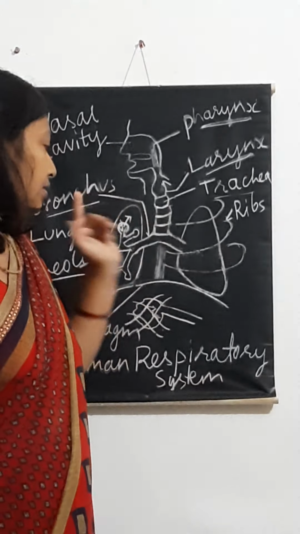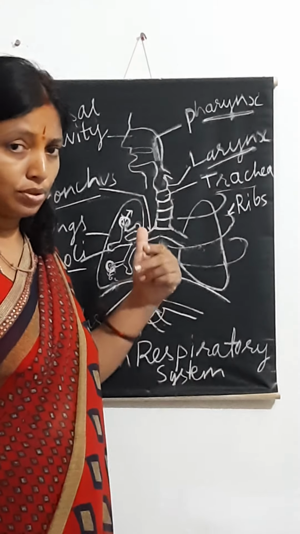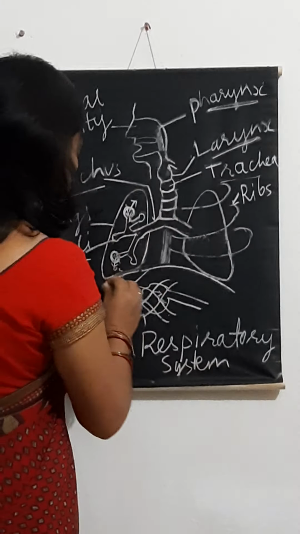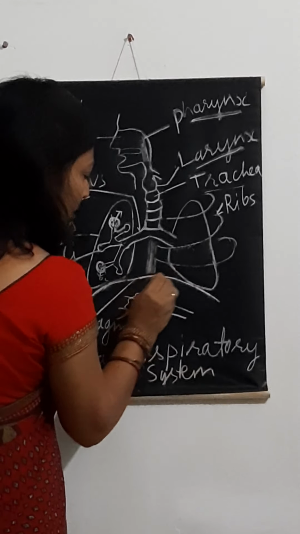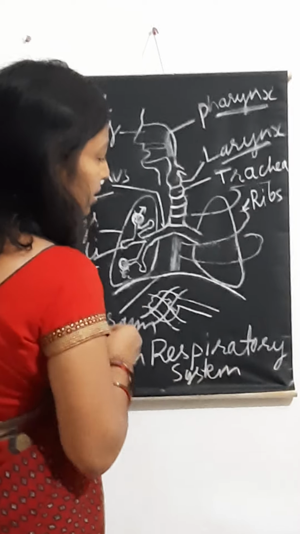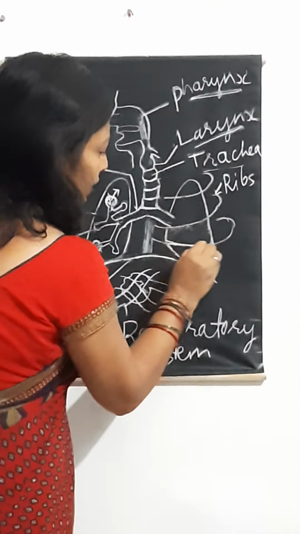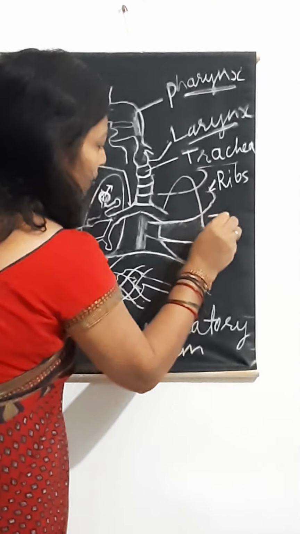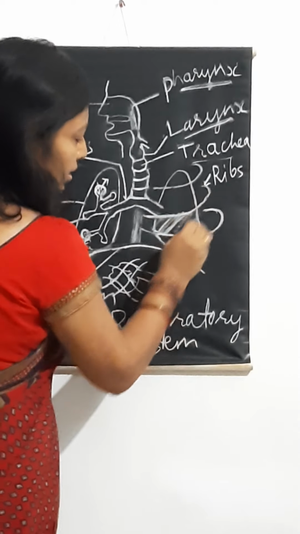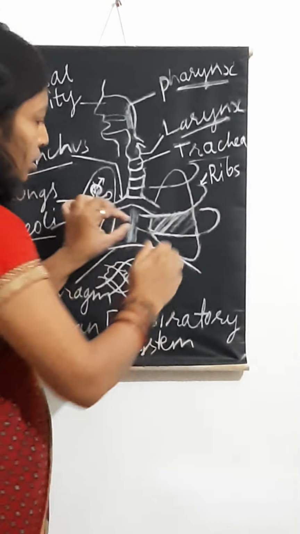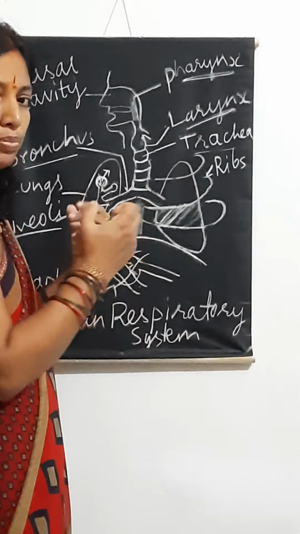Another question they ask is, what is the mechanism of breathing? Which muscles help us to breathe? There are two important muscles. This one, the diaphragm. This helps us to breathe. This is the first muscle. The second muscle that helps to breathe is the muscles which are attached to these rib bones that I have drawn. If I shade it like this, these are the intercostal muscles. So the rib muscles and the diaphragm muscles help us to breathe.